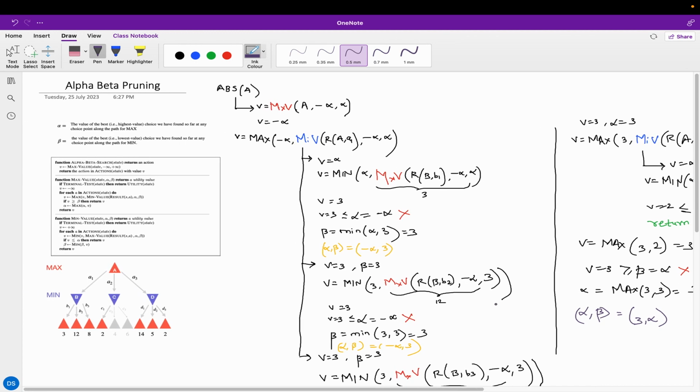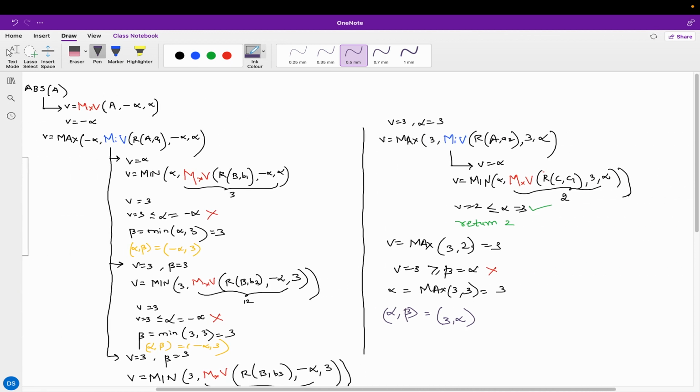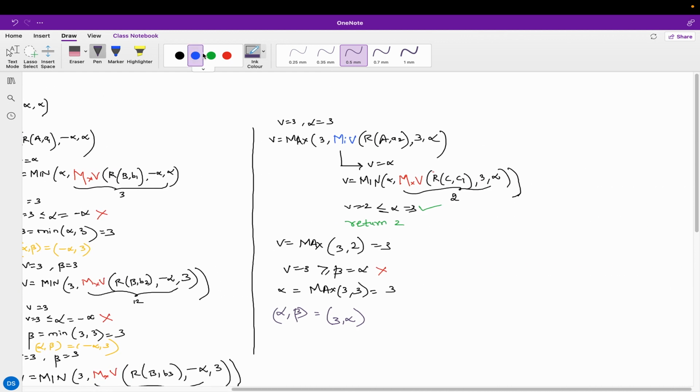Because we did not complete all the 3 iterations in the max value function, we only completed 2. So now let me go to the third iteration. In the third iteration, we are going to migrate the values. So v is once again 3, which is coming from the previous iteration, and alpha is also once again 3, which also comes from the previous iteration. So once again we run v is equal to